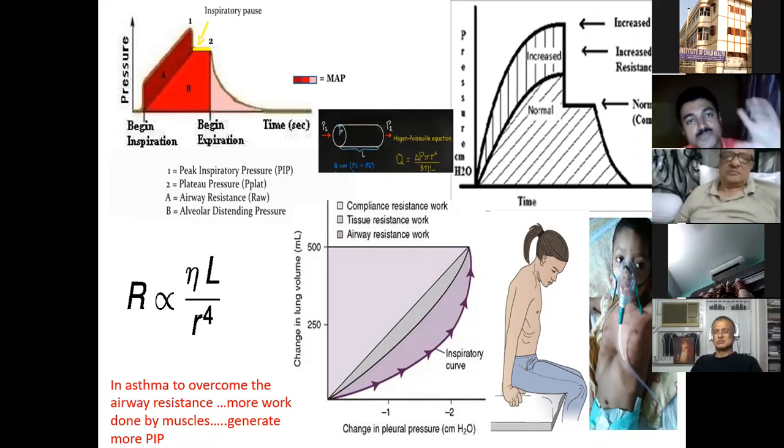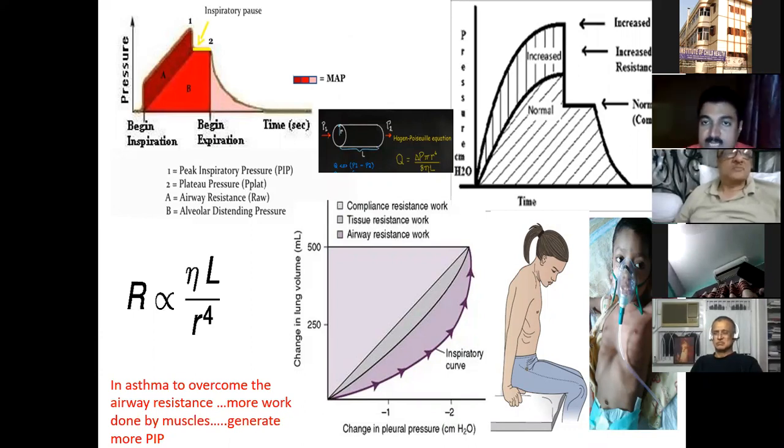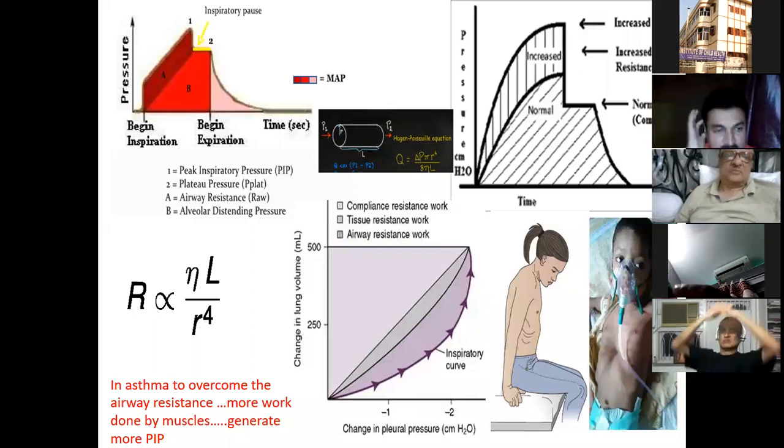So those who are working in PICU can keep this picture in mind, that when you face this kind of scalar loop, think of high inspiratory pressure due to any obstruction or any rise of resistance in the respiratory system, in the tubing, or in an ET tube block. So anything can happen. So this is another application of Poiseuille's law.